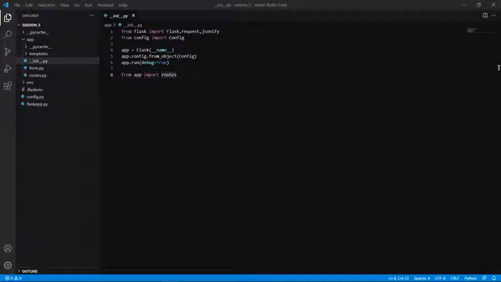Hello everyone, welcome to the fifth section of Flask tutorial. In this section, we're going to see how to integrate a database in our app. There are a lot of choices for databases that we can integrate with our app. Many of them are integrated as Flask extensions, which makes for better integration with the application.